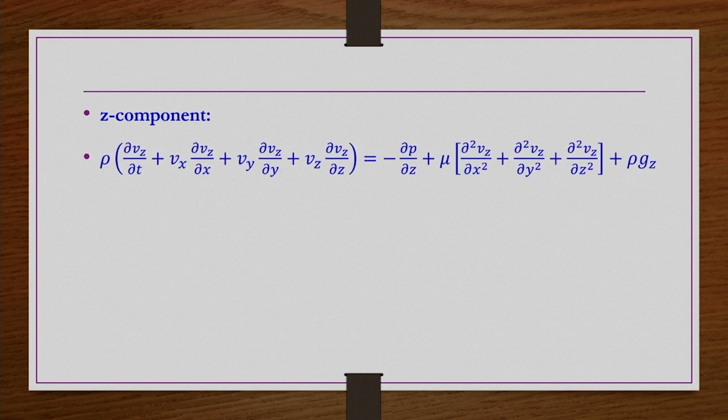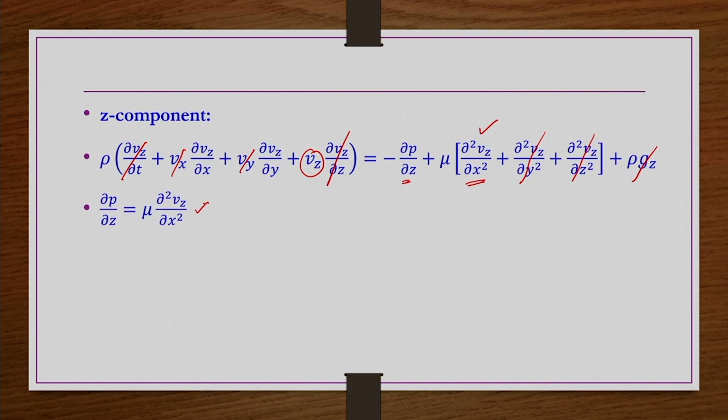Next, the z component of the equation of motion in Cartesian coordinates for a Newtonian fluid, if you write, that is this equation. Steady state, this is 0, Vx is 0, Vy is 0, Vz is existing, but Vz is not a function of z, it is a function of x only. So, this term is 0. So, that way also left hand side, all the terms here are 0, negligible. Pressure in general we do not know what it is. Vz is existing and it is a function of x, so we cannot cancel out this term. Vz is not a function of y and z, so these 2 terms are 0. Gravity we are not having any term here. So, what we get here is dou p by dou z is equal to mu dou square Vz by dou x